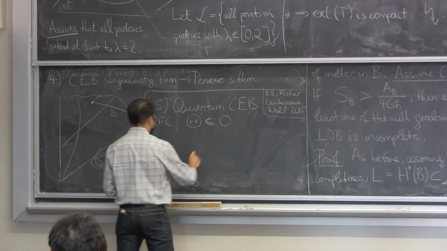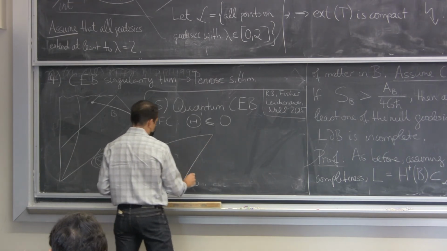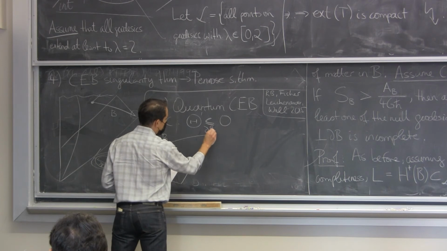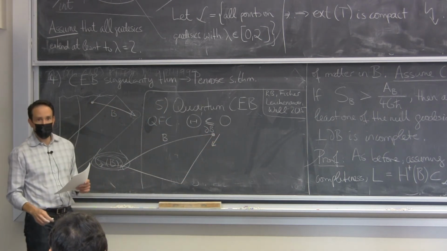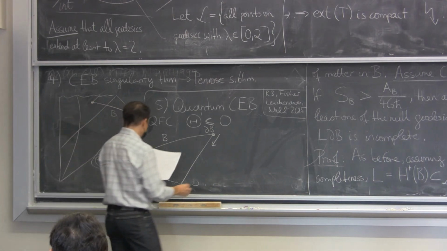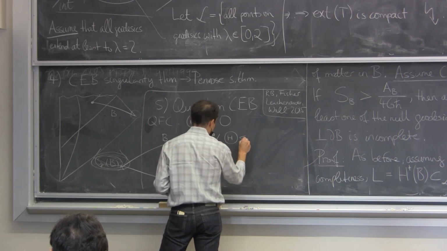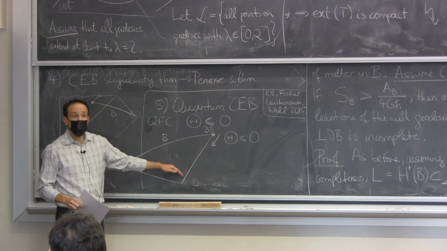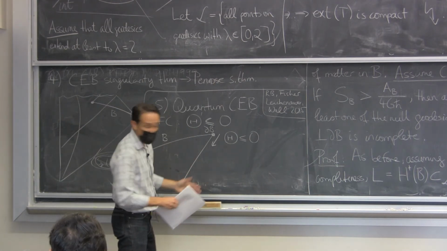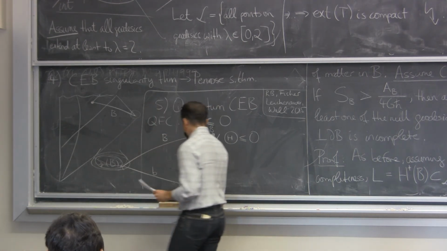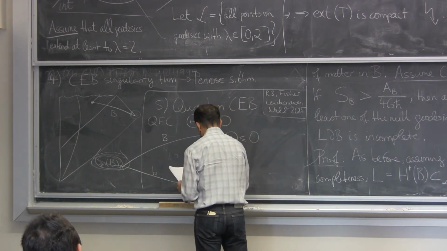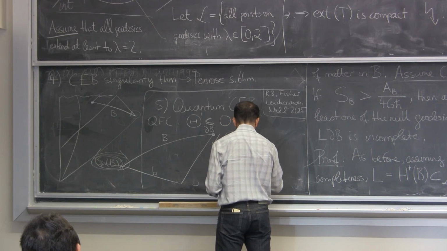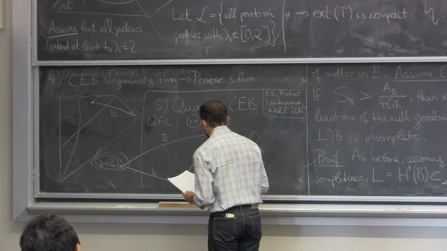So what this means is that if I have, so this is time as usual, some partial Cauchy surface B, which has a boundary here. And I'm looking at the quantum expansion of the light rays that are going into B, let's say to the past, I don't care. And I want it to be true that right here at the beginning, the quantum expansion is less than or equal to 0. Then the quantum focusing conjecture keeps it that way. By integrating up the change in the generalized entropy, we are able to conclude, let's call this other partial Cauchy surface down there little b, that S_gen(B) is greater than or equal to S_gen(b), which